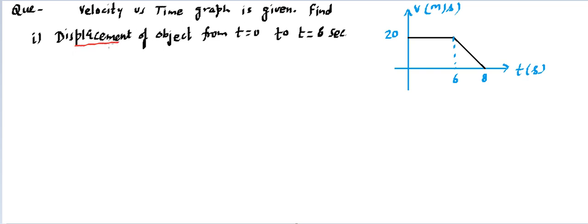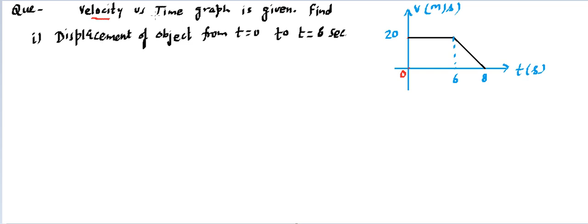So we need to find the displacement. Now in this v versus t diagram, if you ask velocity with respect to time, that means if somebody asks what is the velocity at t equal to 0, we will say it's 20 meter per second. At 1 second, it's 20 meter per second. At 2 seconds, it's 20 meter per second. Up to 6, it's 20 meter per second. That means velocity is constant up to 6 seconds. Then after that the velocity decreases, say at the 7th second it will be less than 20, and at the 8th second it becomes 0. So if you give the time value and ask for velocity, that can be stated by using this graph simply. But the question goes one level beyond.